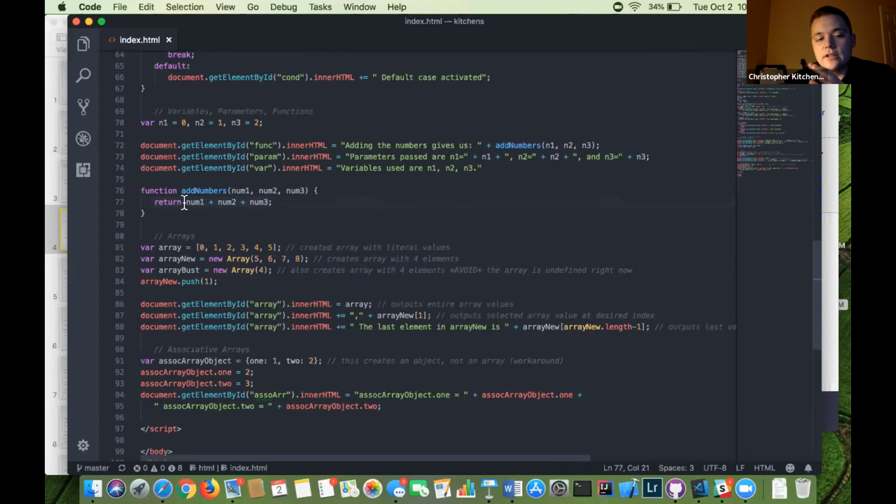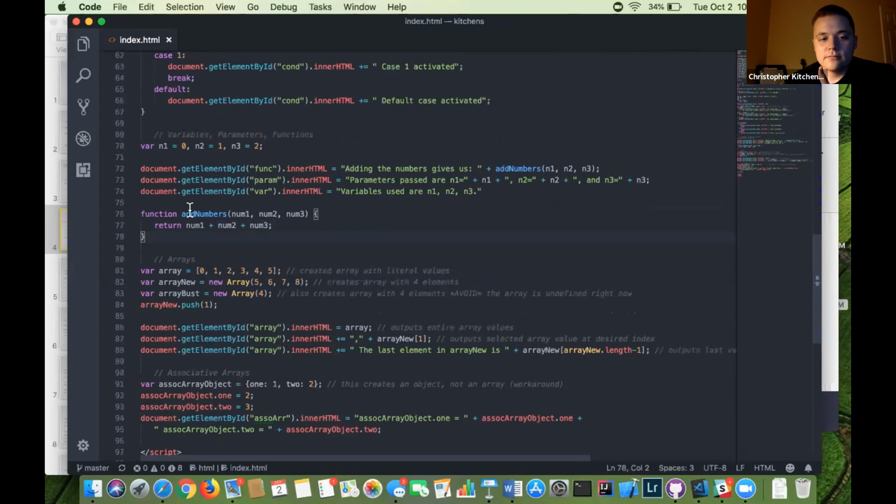You don't have to declare the data type, even from what you're calling or where you're calling it. So here where I've actually called this function, nothing in that involves me declaring that I'm using numbers versus strings or anything like that, which is simple. And it's kind of nice, but it still is odd to me that you can just do that and not have to worry about what you're passing to it.